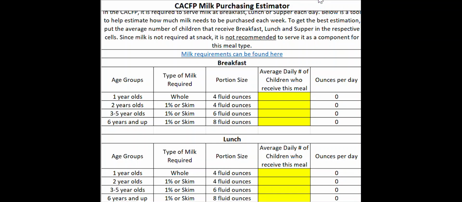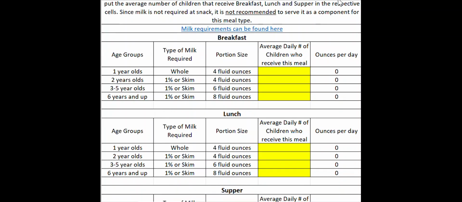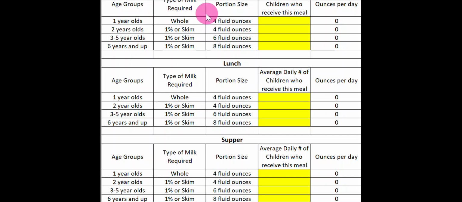All right, so what we're looking at here is called a milk purchasing estimator. Again, this is a really simple tool that can be used when you're doing your menu planning each month, and it's going to help you determine how much milk you'll need to be buying either weekly or monthly for your upcoming service. This is a basic Excel spreadsheet, and